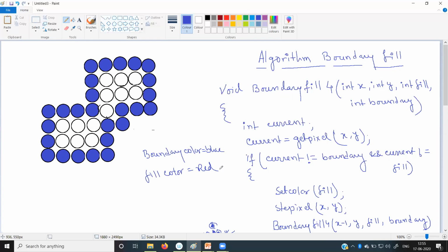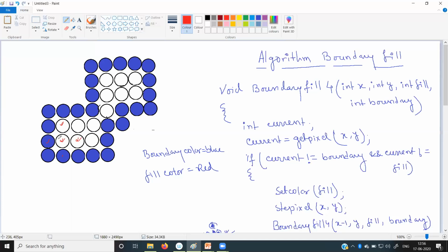So now we will fill using the red color. So what we have to do, we have to select the red color and we want to fill it. You can start with any pixel. Suppose we are starting with this one. Fine. So if this is the pixel I have to select for filling, so what are the 4 nearest neighbors? This one, this blue one, this blue one and this blank one.